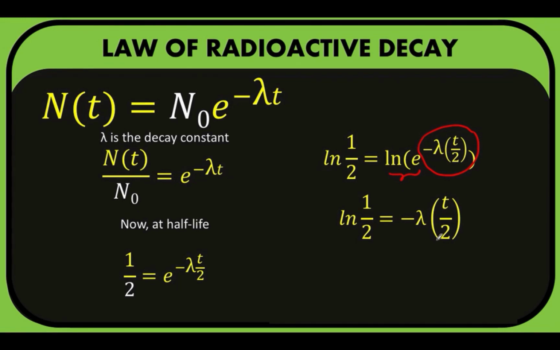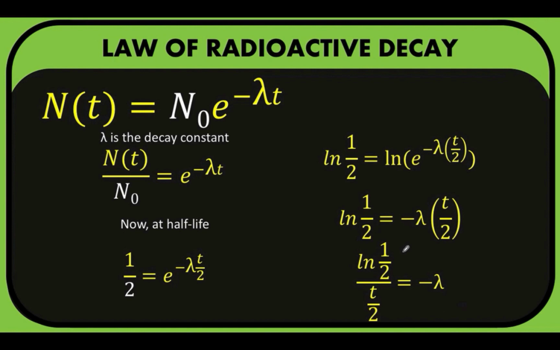Dividing both sides by t over 2, we arrive at ln 1/2 over t over 2. So this formula now says that the value of negative lambda, which is the negative of the rate of decay, is equal to ln 1/2, which is a constant that we can find using our calculator, over whatever is the half-life of any given element. So if you know the half-life of, let's say, uranium-235, then we'll be able to determine the constant of decay